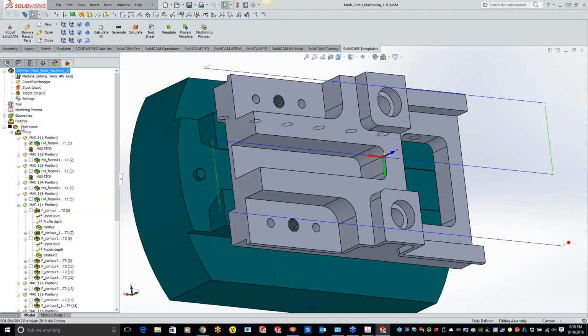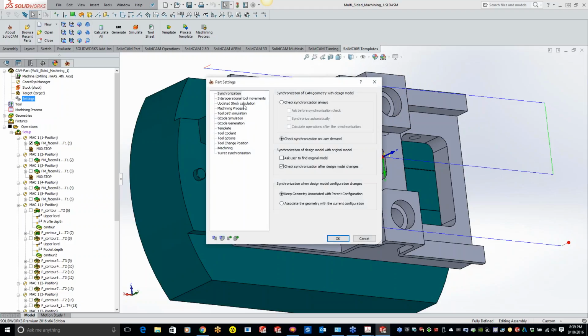To fix that issue, come to your SolidCAM settings, come to synchronization and check synchronization always, and then you can synchronize automatically and calculate after it's been done, and then everything's done automatically for you. So I apologize, Ronnie, I'm not sure what we're going for there, but we'll take that one offline if that doesn't answer the question.